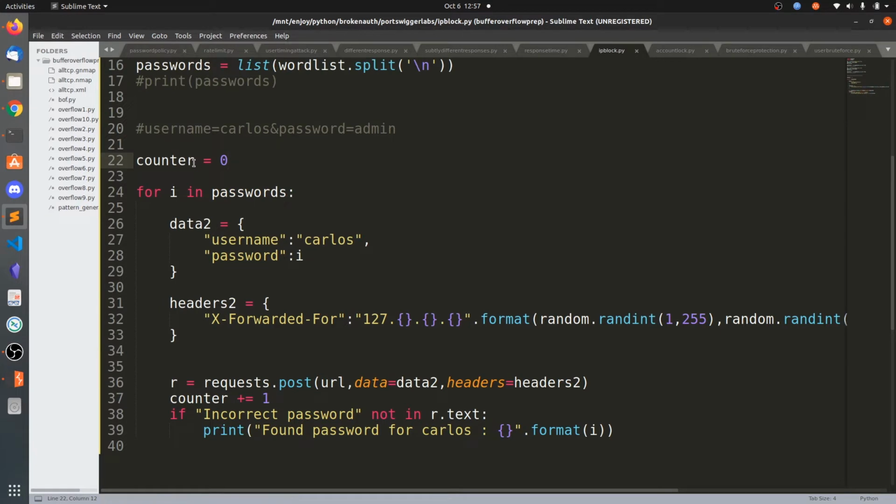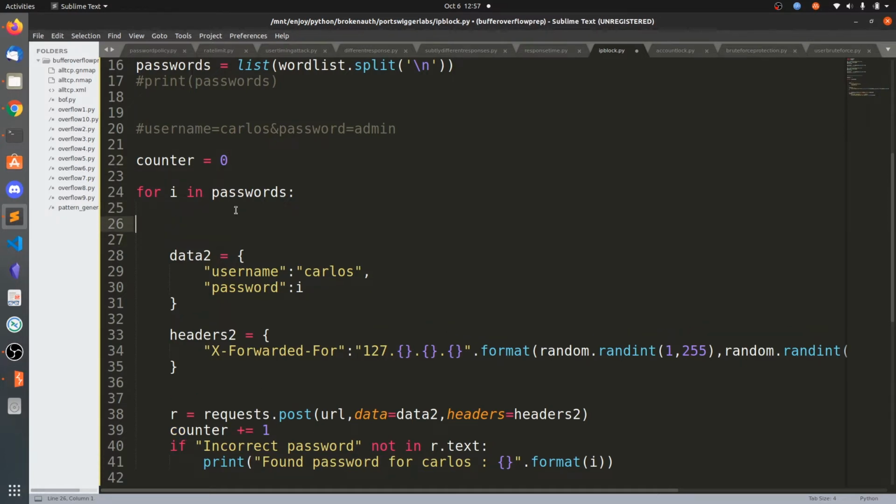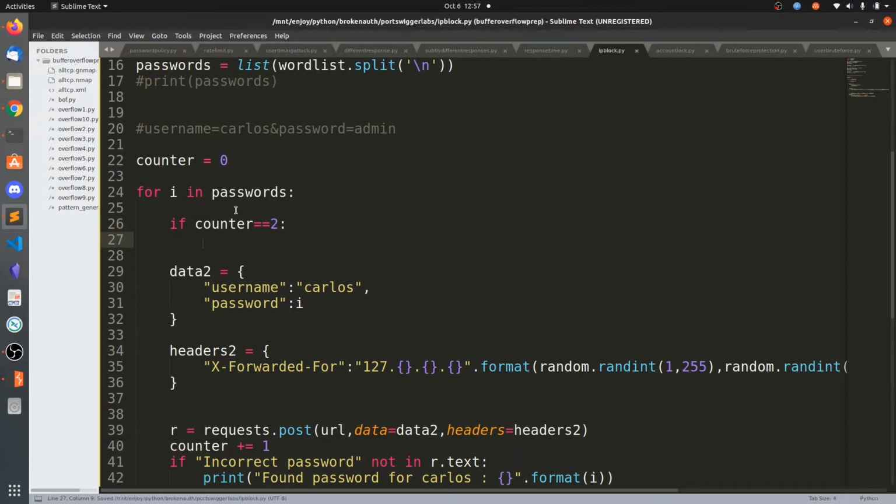First of all, before any for loop, the counter is 0 and we send the login data, the counter increments by 1, and again with the second password we increment again. Here we need to write code: if counter equals 2, that means we have sent the 2 invalid logins.